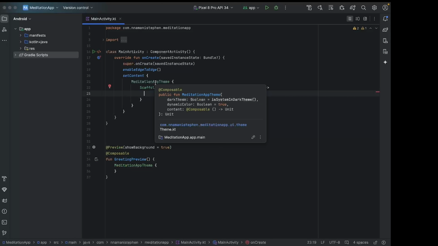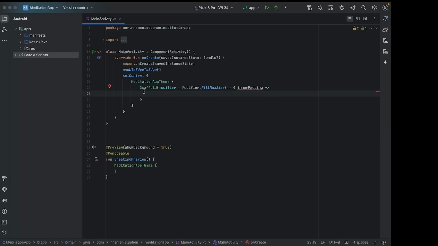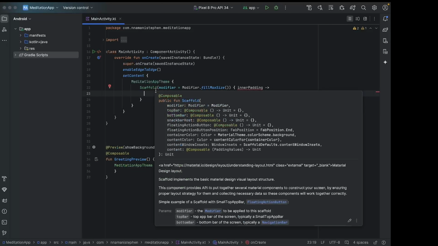So here we're going to leave everything like this, but for standard Android applications, you have your top bars, your bottom navigation, and the main section of the app. So that is why it usually comes up with this scaffold. But in this demonstration, we're not going to be focusing on that. We're just focusing on how you can implement navigation with Compose effectively. So we're going to change this to